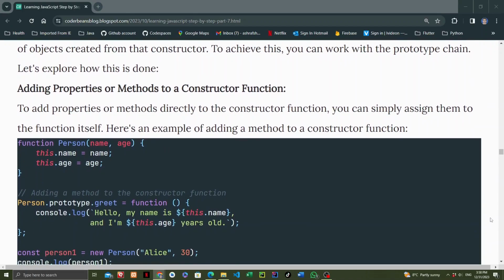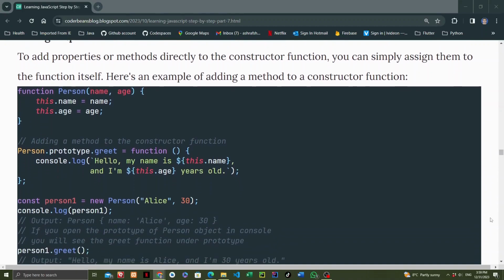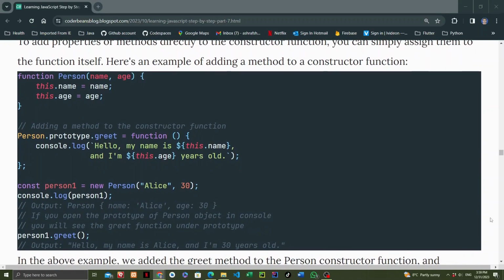Adding properties or methods to a constructor function. To add properties or methods directly to the constructor function, you can simply assign them to the function itself. Here's an example of adding a method to a constructor function. function Person(name, age) { this.name = name; this.age = age; } // adding a method to the constructor function Person.prototype.greet = function() { console.log(...) }; const person1 = new Person("Alice", 30);